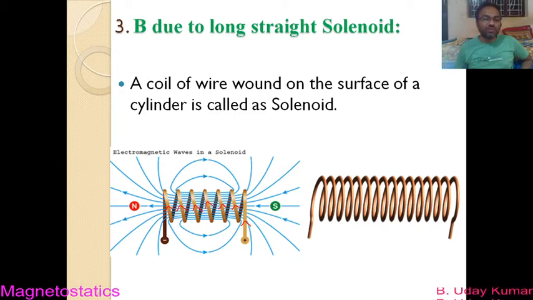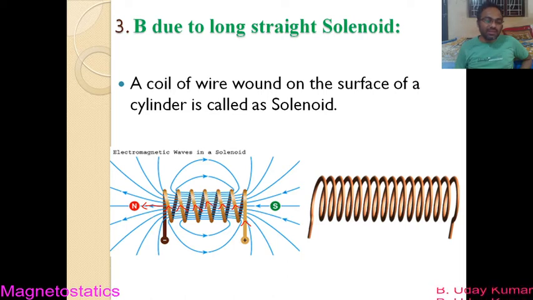Okay, so now since the current is flowing in upward direction on the front face, by using the right hand rule you can easily determine the direction of magnetic field that is present inside this solenoid, and the direction of magnetic field will be like this. It's already mentioned with the arrows here, so please check it out. So this is the direction of magnetic field that is coming out of the solenoid.